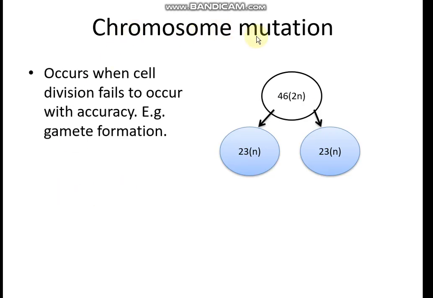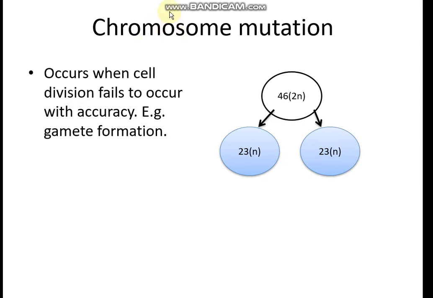Now the other type of mutation, which is chromosome mutation. Look at this. Cell division may fail to occur with accuracy, for example in gamete formation. You need to understand one thing: before cell division, cell replication occurs in the case of mitosis and meiosis, and cell replication is a high fidelity process. What is meant by high fidelity? That there are very few chances of errors, but sometimes an error may occur, and as a result a mutation arises,